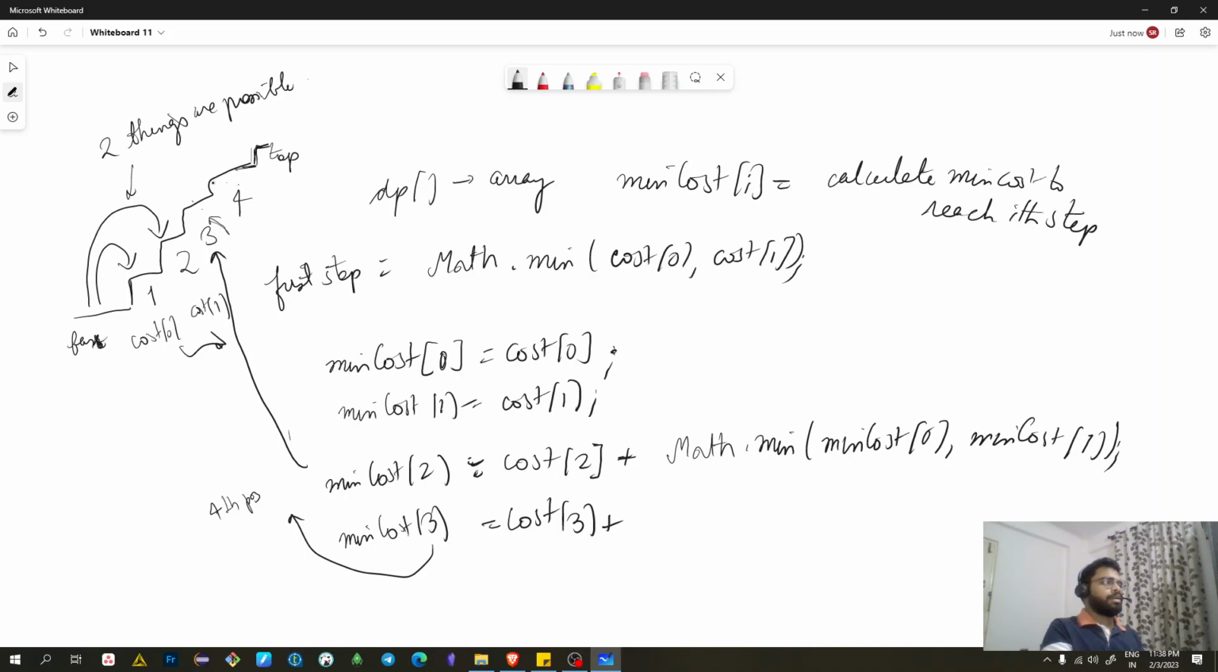Okay. But in this case, you only need to figure out what was the minimum cost of reaching these two steps? Because the fourth is reachable from second and third. So from second, you can take two steps, or from third, you can take one step. So it is only reachable from the second and third positions. So you just need to figure out which of these two would incur the minimum cost to reach this. Okay. So you can just take a minimum value